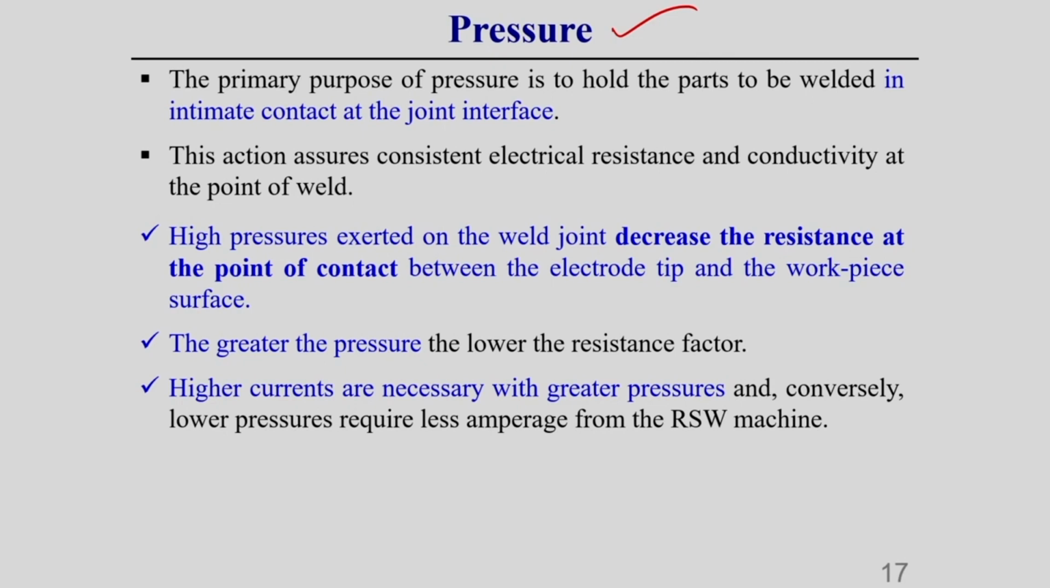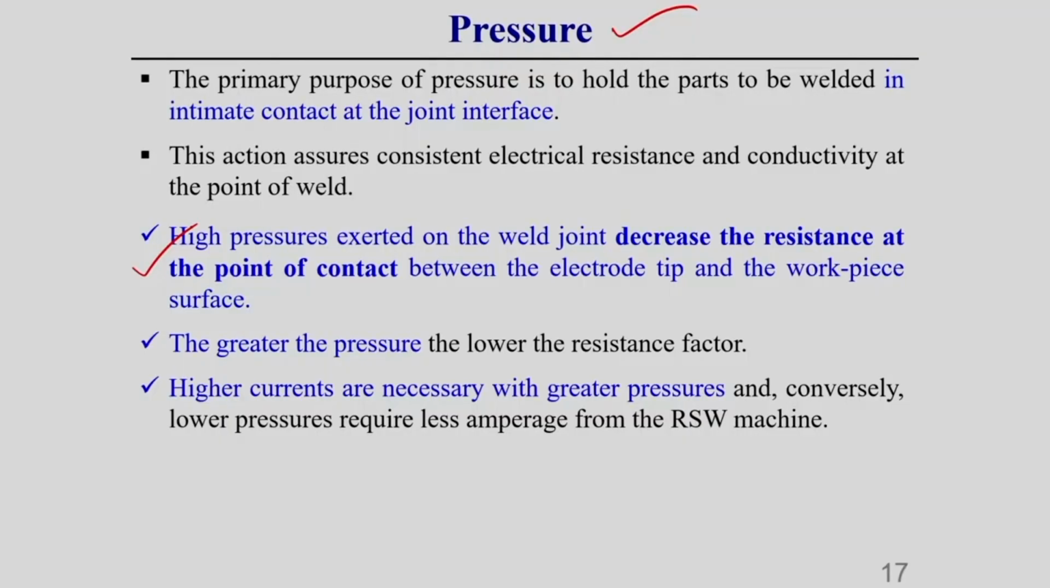the primary purpose of this pressure is to hold the parts to be welded in intact contact at the joint interface. Okay. Here one thing you should keep in mind: if we have high pressure, then there will be very close contact. Once there is very close contact, the higher the pressure, the contact resistance will be less. So with higher pressure, high current is required, and conversely, with lower pressure,